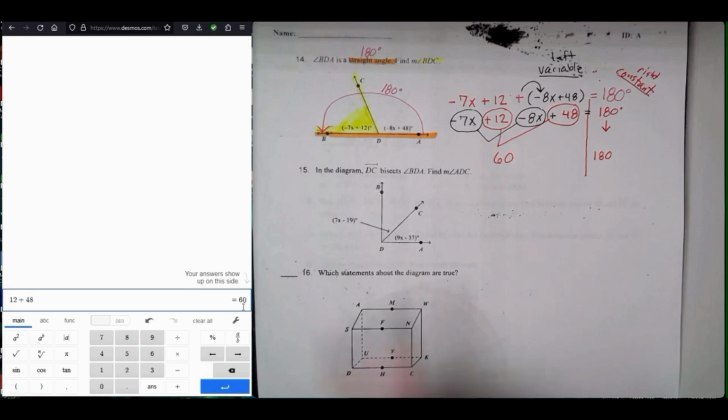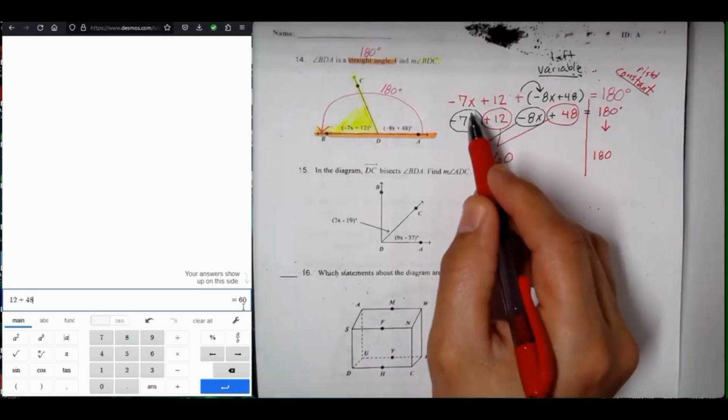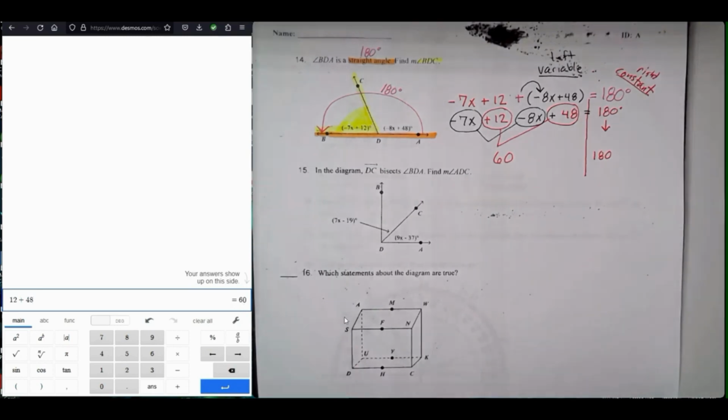In other words, when I say put them together, we're just going to take the number in front of the x and put it in the calculator along with this one. And we're combining them, so we're actually adding them together. So negative 8x plus negative 7x. I'm not going to put an x though, I'm just going to do negative 8 plus,